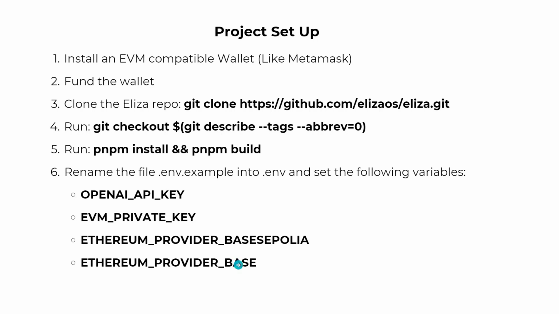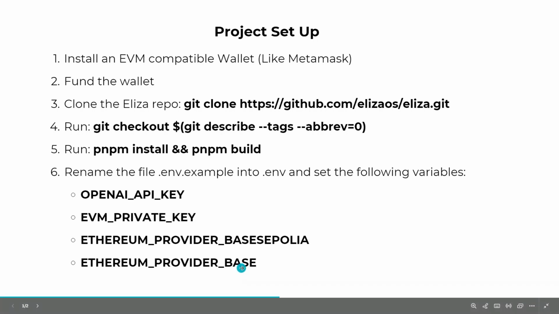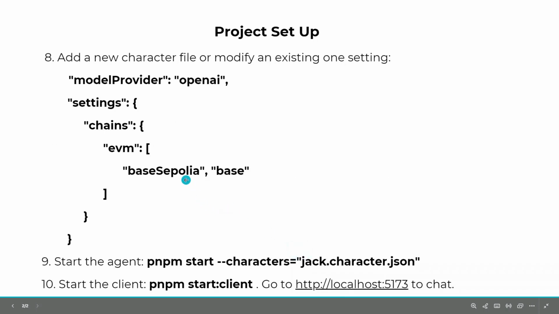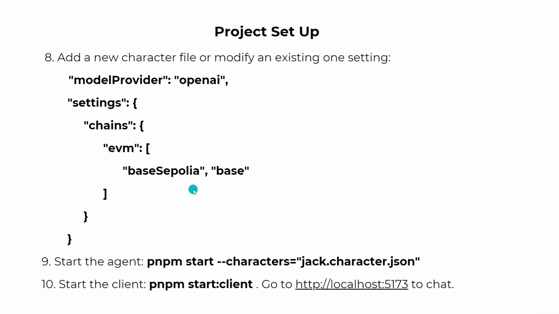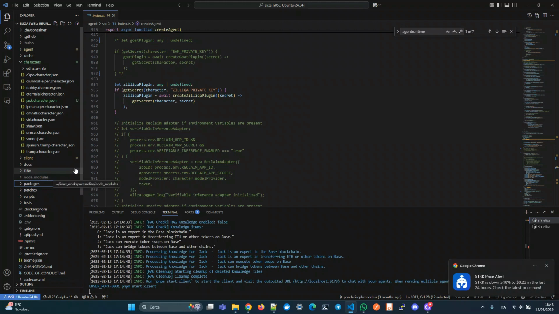Of course, this can be retrieved from the Coinbase development platform, or also from Infura or Alchemy. There are a lot of RPC providers. You can use the one that you like the most. The next thing to do is to add a character file or create one. But let's first take a look at the repository once we have git cloned it. So this is the